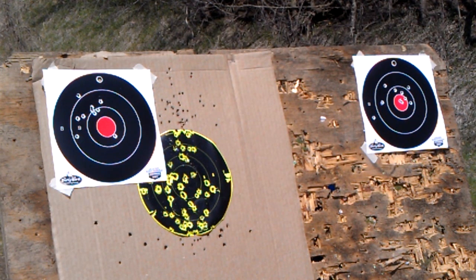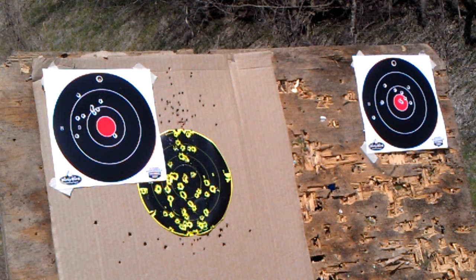Too bad I can't use this for USPSA. I shoot a little better with this than I do with my 45. But I'm going to be using my Sigma this year. So I do have to get out and do a little more shooting with that. And hopefully I'll be able to bring you along for that ride. But right now,